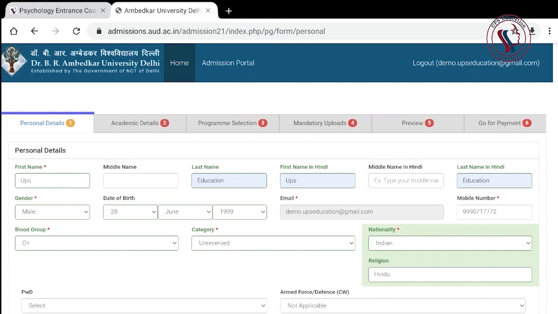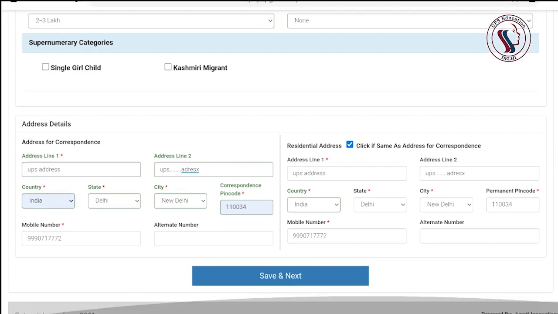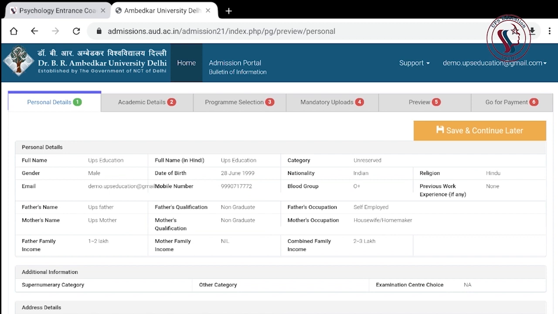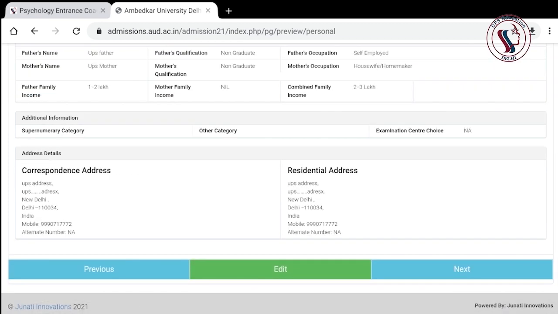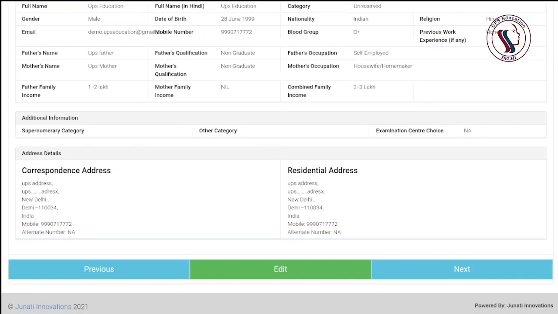Now as I have filled up all these details, you will fill all the details according to you. Now you will click on save and next. You will confirm it. Make sure to check all the details.